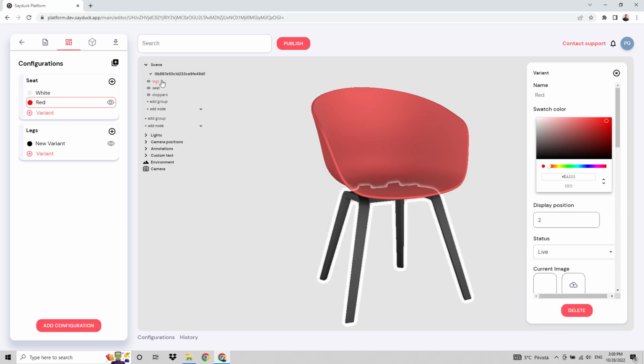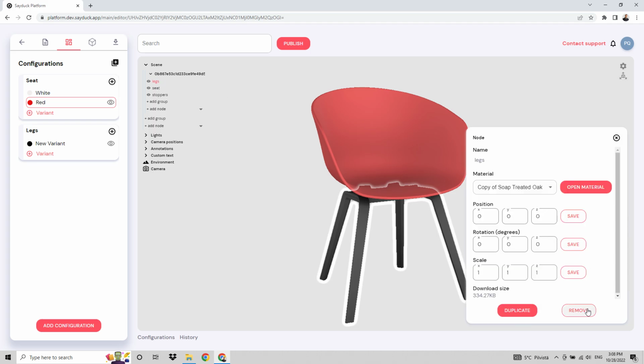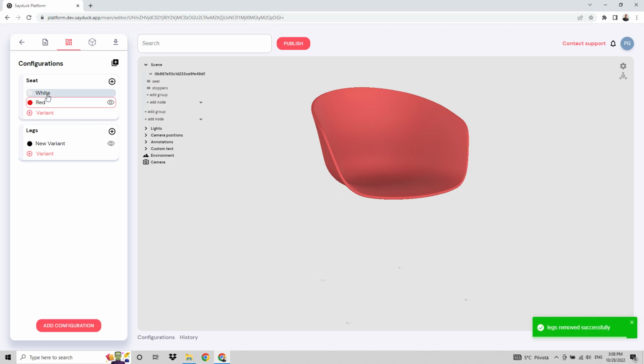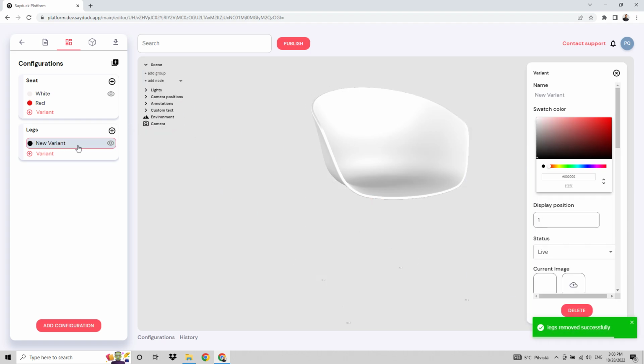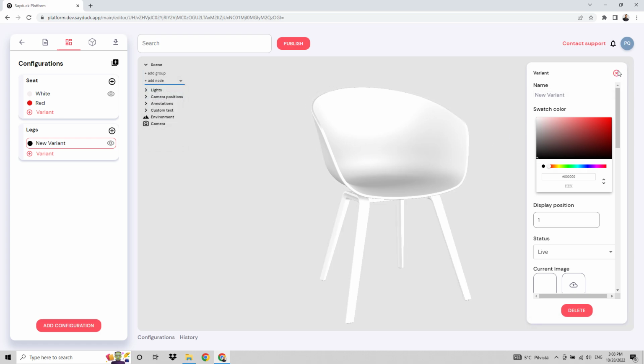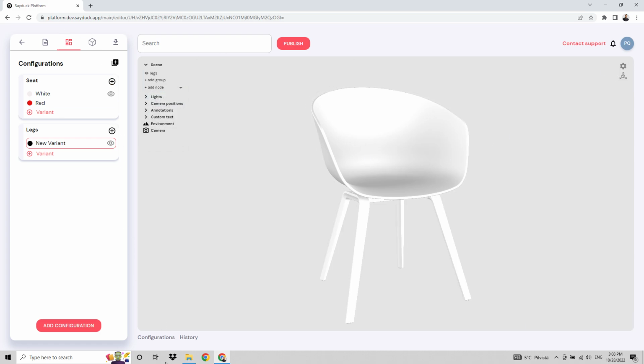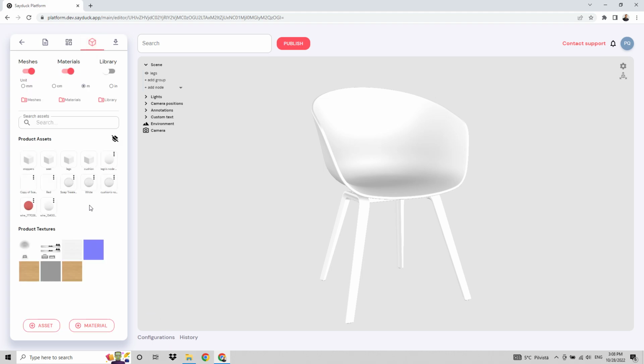So for example, I can now remove my legs node from this scene as well as this scene, and then add them here. So add node legs, assign it the